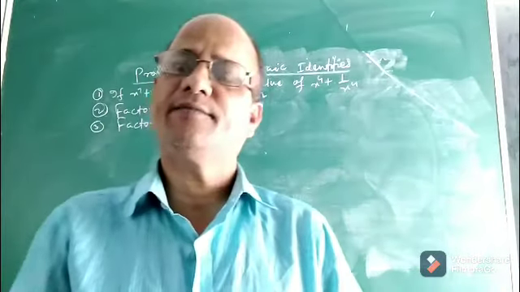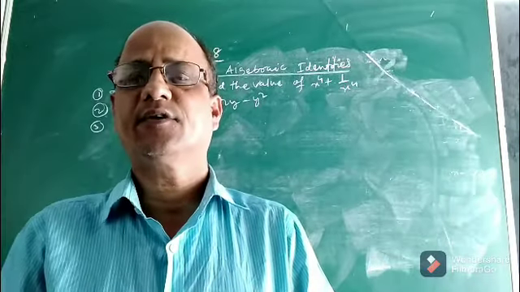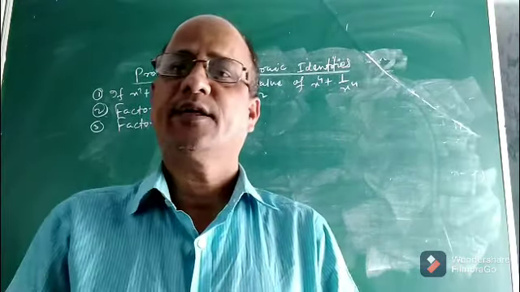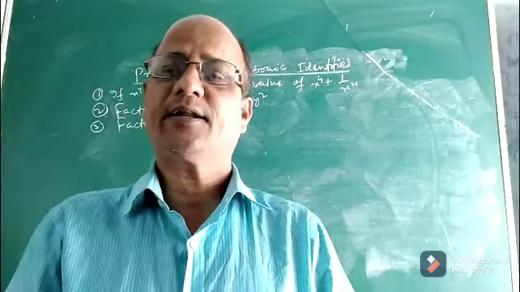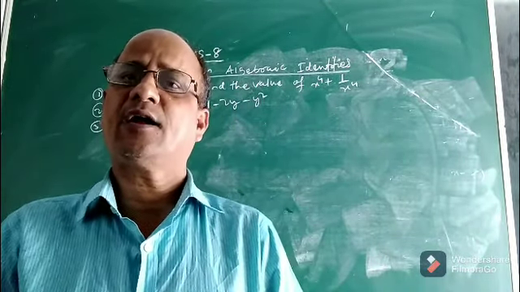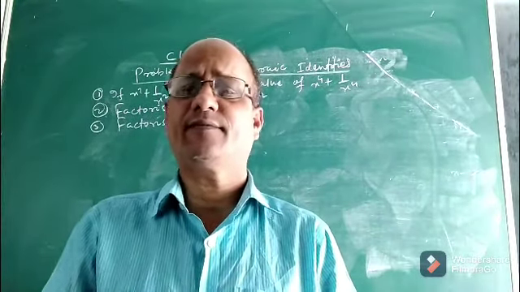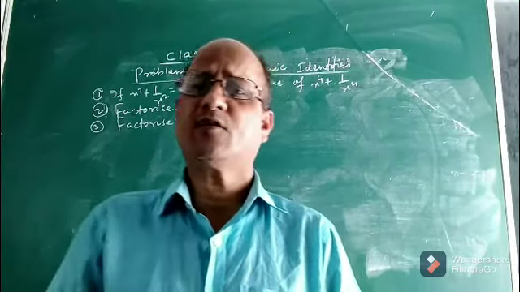We have completed everything about algebraic identities. What are the different algebraic identities? What is their application? Then, the splitting middle term factorization method, I discussed how to factorize algebraic expressions, and how to factorize algebraic expressions using different identities also I have discussed. That means we have completed almost everything.